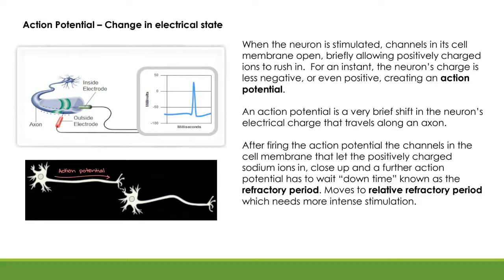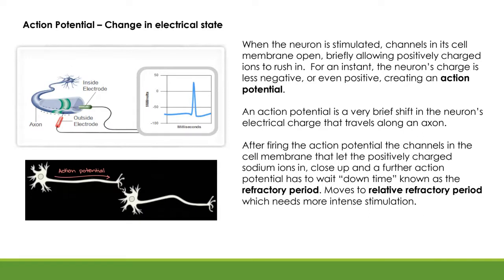Everything's sitting there being polarized. And so now this little stimulus comes along and little channels open in the membrane once that stimulus comes in. And what that does is positively charged sodium ions rush inside that membrane. And so now on the inside, we're starting to get more positive ions than negative ions, which means that